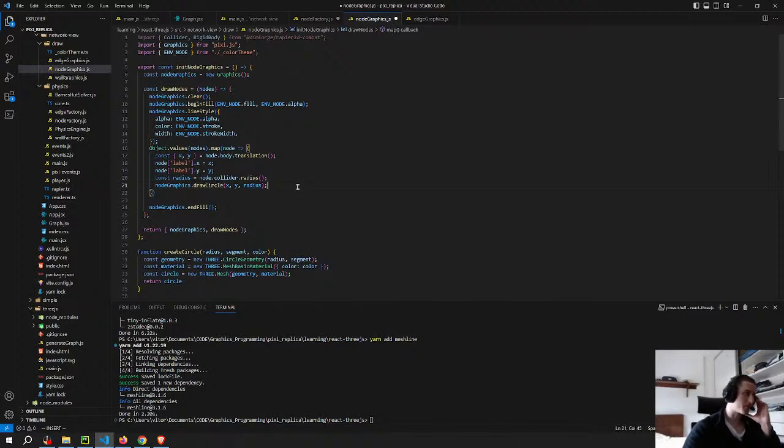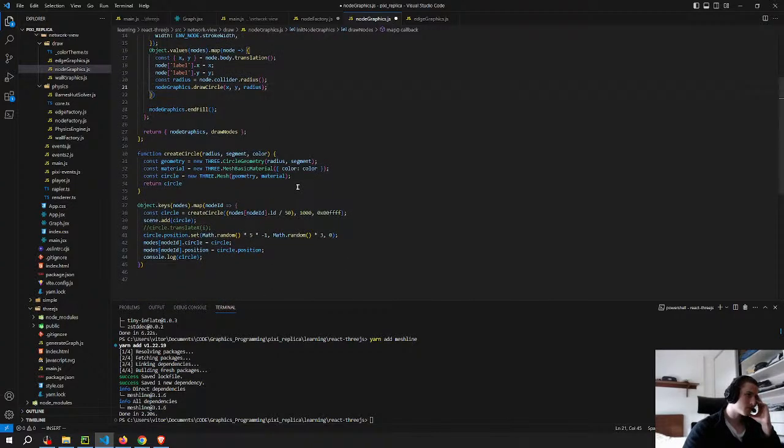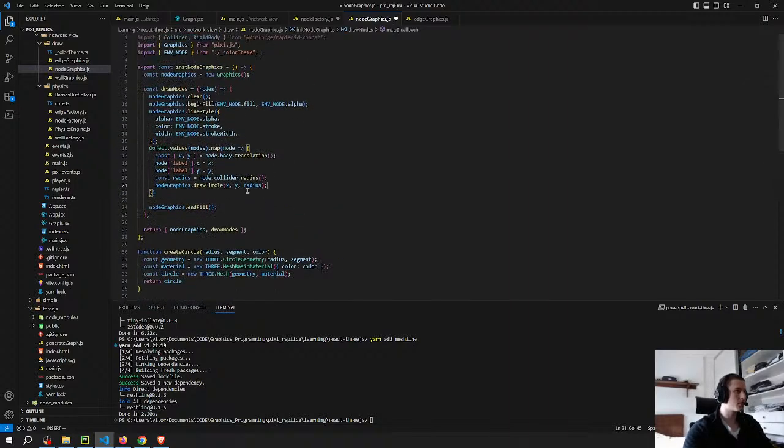This is a fundamental difference as well, I think. Well, actually not, because I'm going to run this on the loop. But this is the issue: I don't want to create the circle each time. I just want to create it once, and then set the position later. So I think this is the fundamental difference. As here, I create the physics in the beginning,